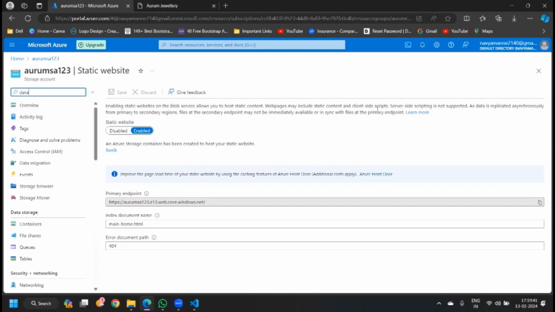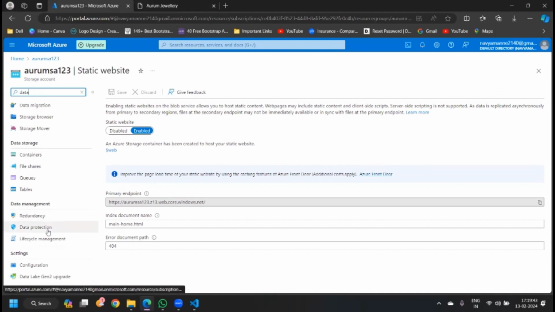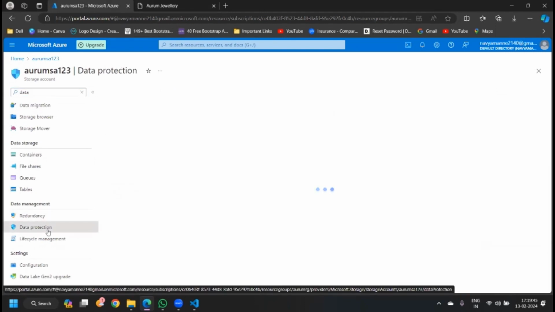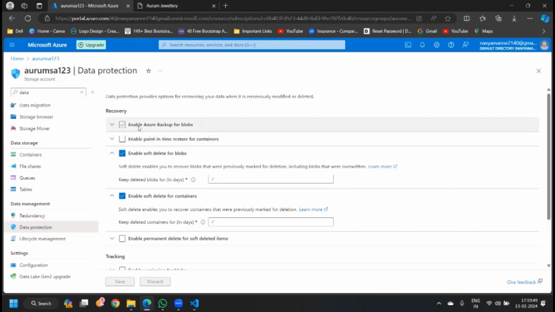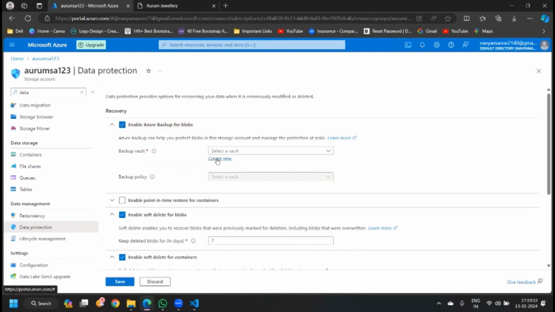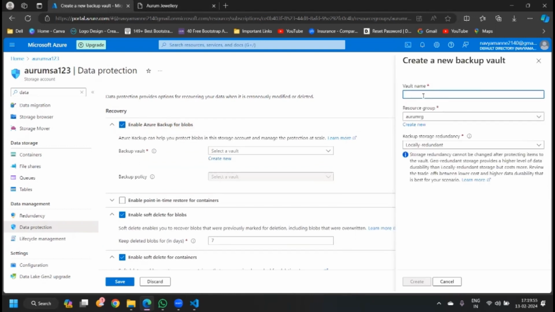And let's search for data protection. Yeah, here we can see. Just in the recovery, just enable Azure backup for blobs. And we need to create a backup vault. To create a backup vault,